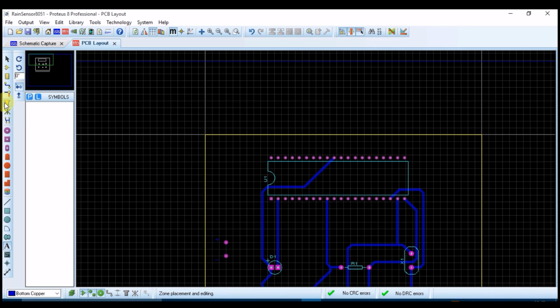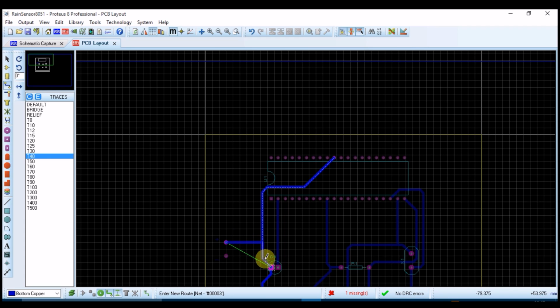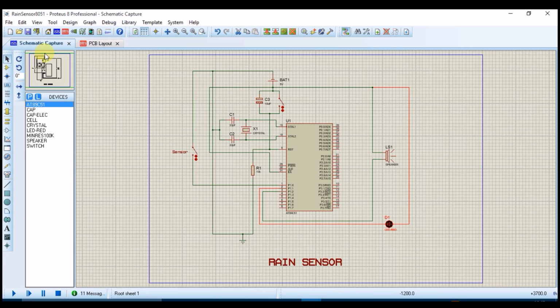So for that, firstly choose ratsnest mode and connect 31 to positive. Now choose track mode. So this is our positive, and negative has to be connected with ground and sensor.